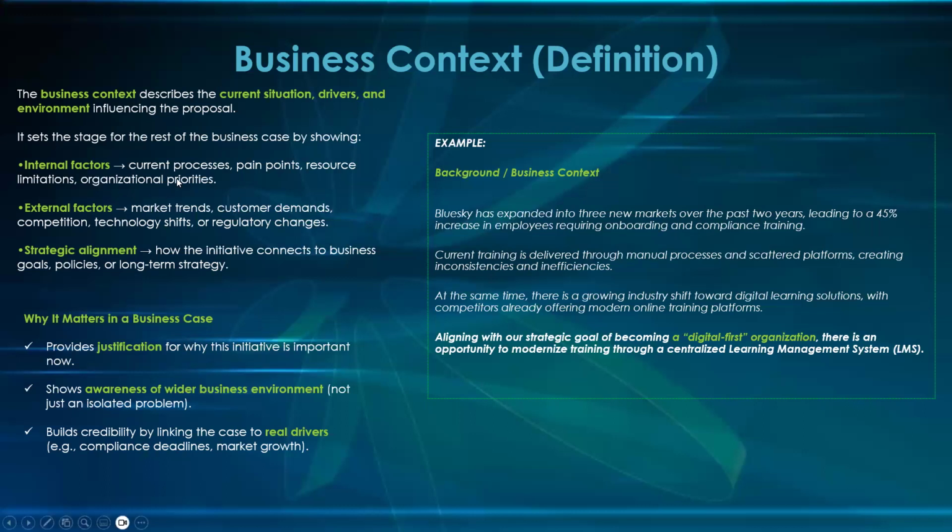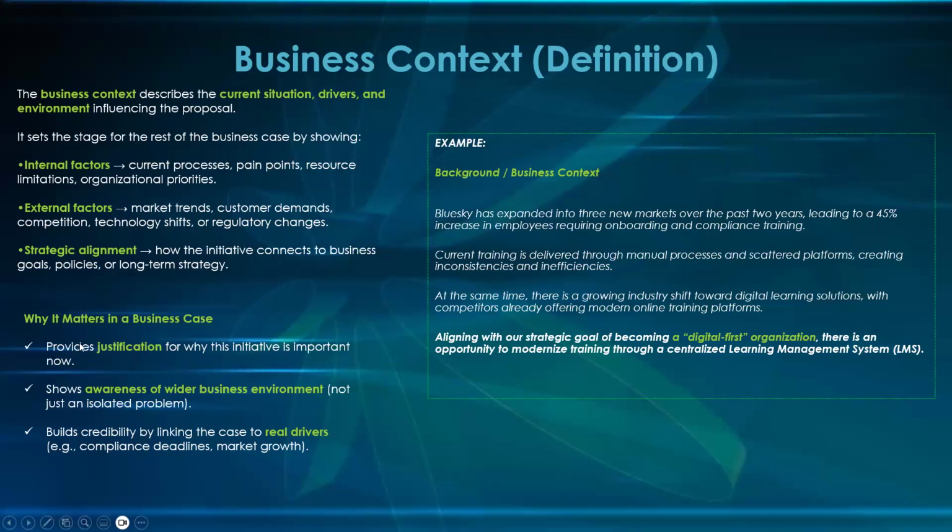So it can be internal, your current process, your pain points. What is your challenge? It could be external. Probably you've looked at the market trend. You know, today everybody's talking about AI. They are not talking about cloud anymore. Although cloud is still there selling, everybody is now talking about AI. So it's external, it's a trend. And you can see majority of businesses are trying to hook up to AI in their businesses.